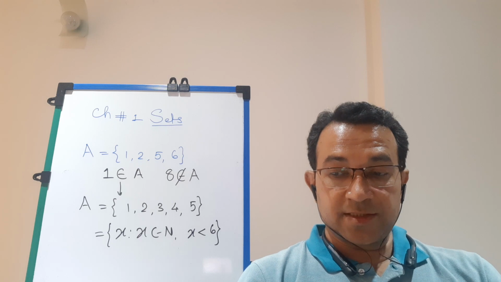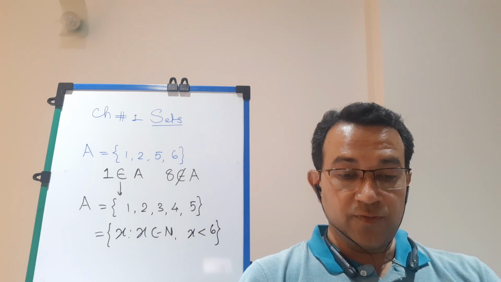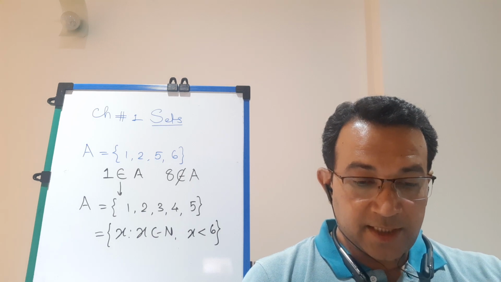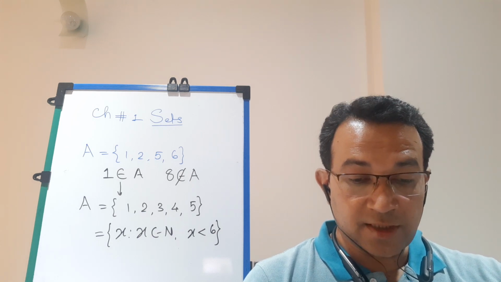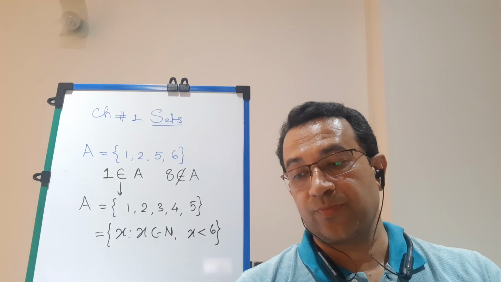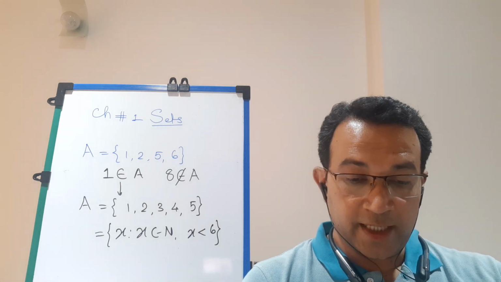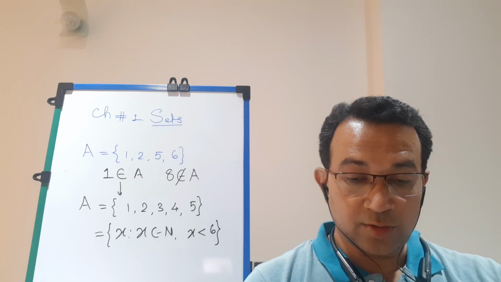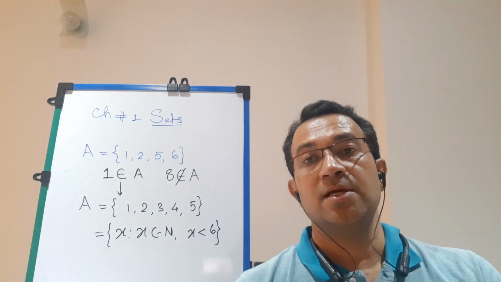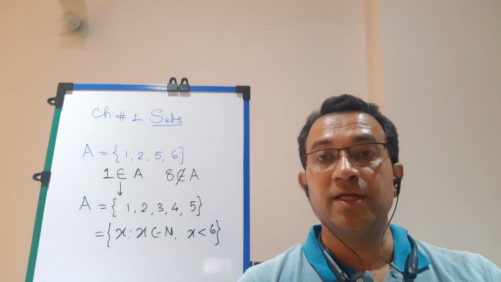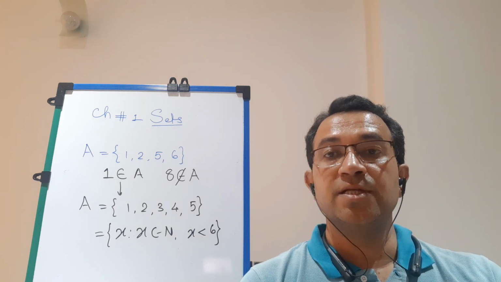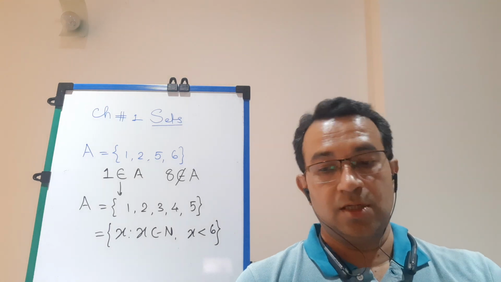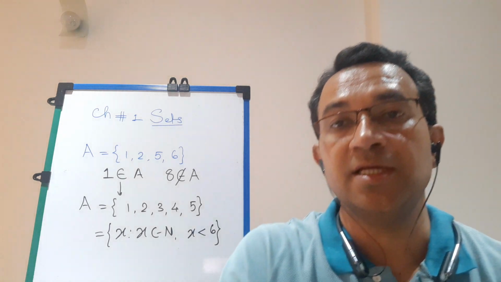Now students, exercise 1.1, we go for the second sum. We are given set A as the set of integers or natural numbers 1 to 6. And what we have to do is insert the appropriate symbol, belongs to or does not belong to, in the blank spaces. If it is an element, we write belongs to. If it is not an element, students, we write does not belong to. Now this is again a very easy question.